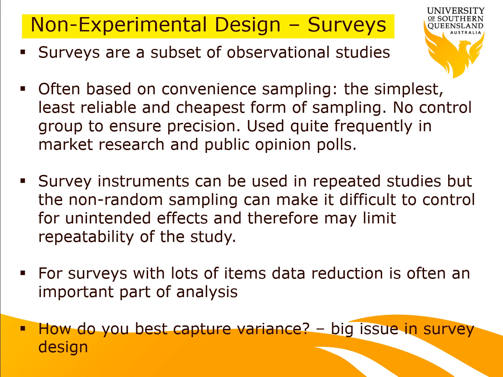Surveys are another subset of observational studies. They're often based on convenient sampling, so they're the simplest, least reliable and cheapest form of sampling. You don't have a control group to ensure precision. Used really frequently in market research and public opinion polls. The survey instrument, the actual survey with the questions, can be used in repeated studies, but the non-random sampling can make it difficult to control for unintended effects and variation,